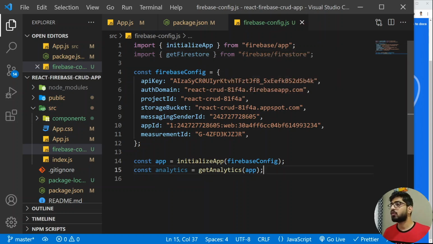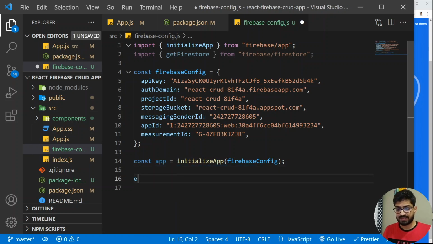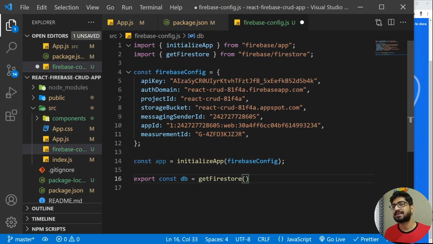All right, and what I'm going to do here is I'm going to remove this. We don't want this analytics stuff. And I'm going to export a constant of db, which will be a reference to our Firestore database. So I'm going to have a db, and I'm going to use this getFirestore, and inside this Firestore I'm going to pass the app. So I'm going to copy this, and I'm going to add the app here. All right, so we are done with our configuration,